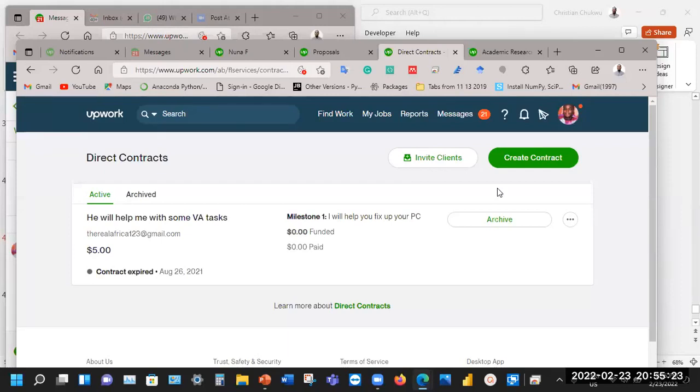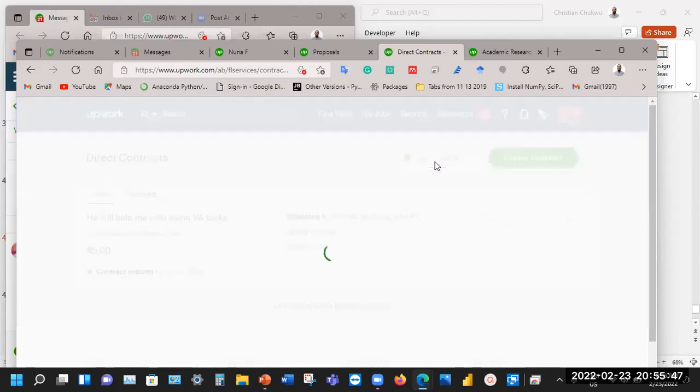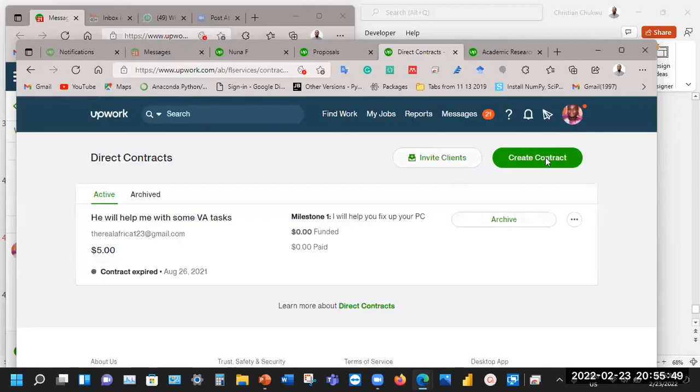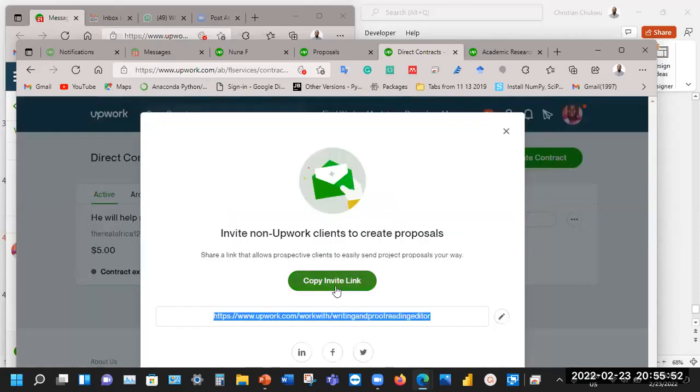Now you just come over here and create. Remember how I started? I clicked on this airplane icon, something indicating that something is flying up, and it led me to this place. Now, in your direct contract page, you can either invite a client or create a contract. Good. Now, if you want to invite a client who has been offline to work with you on Upwork, you